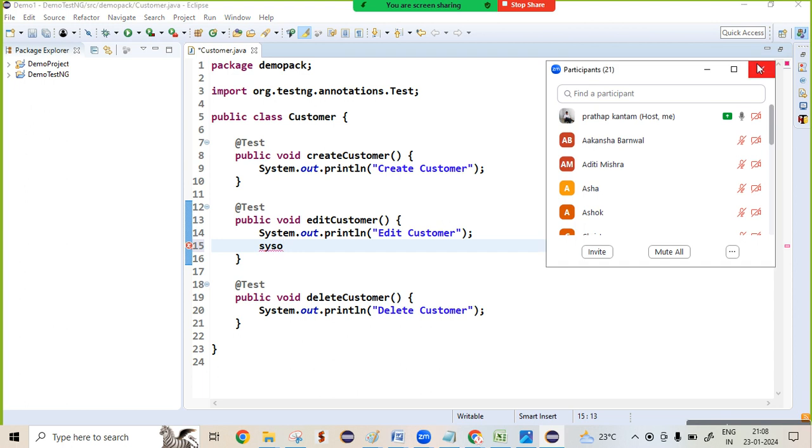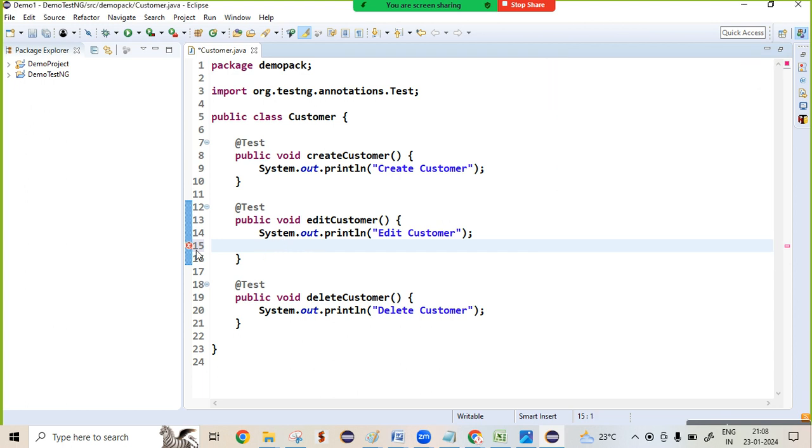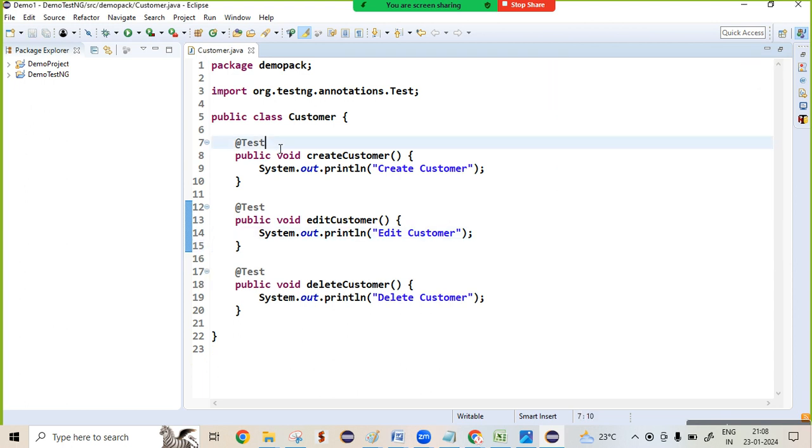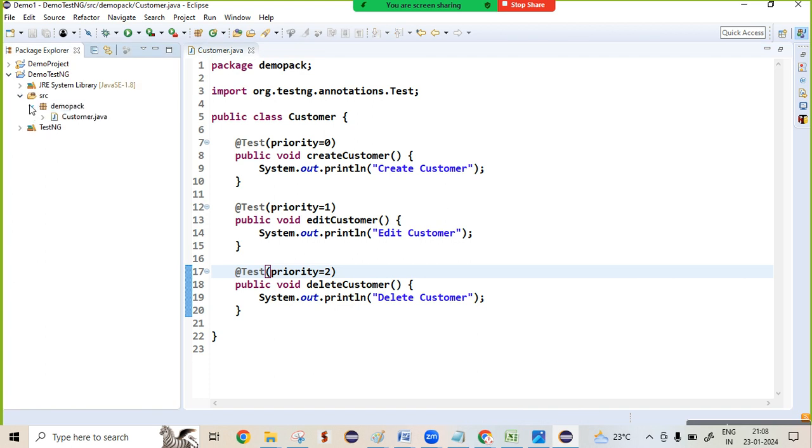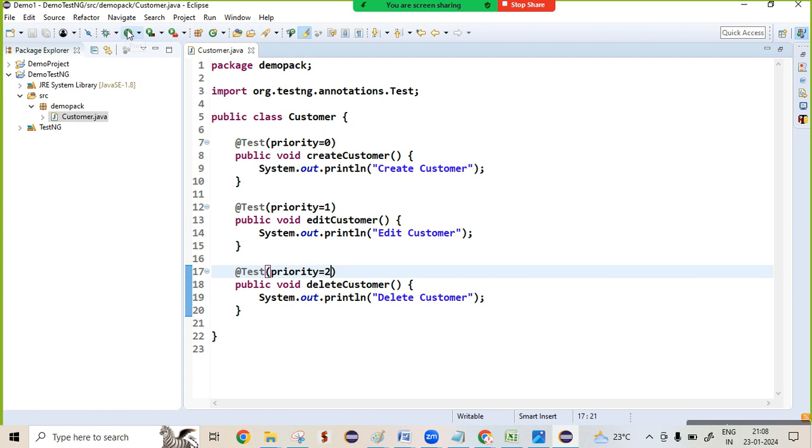Now I want to run in the same order. That is how I can set the order of test methods. One of the ways is using priority. One of the ways is using priority equal to 0, priority equal to 1, priority equal to 2. Run this. If I run this,